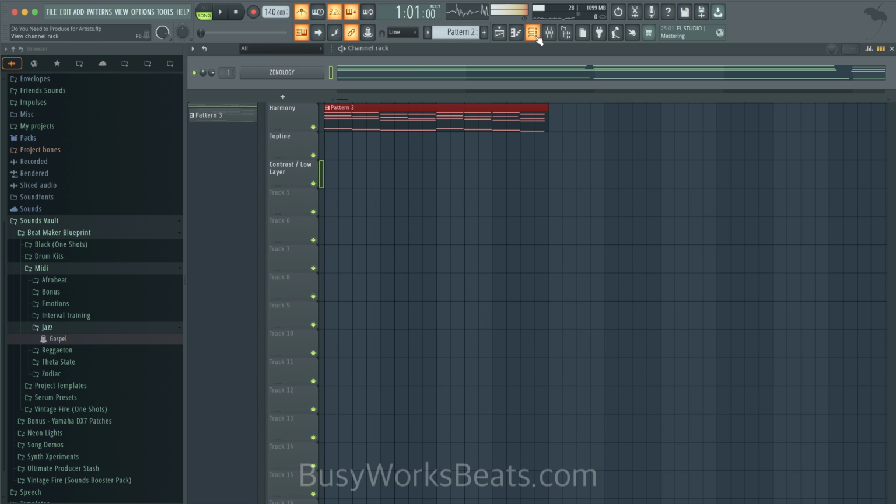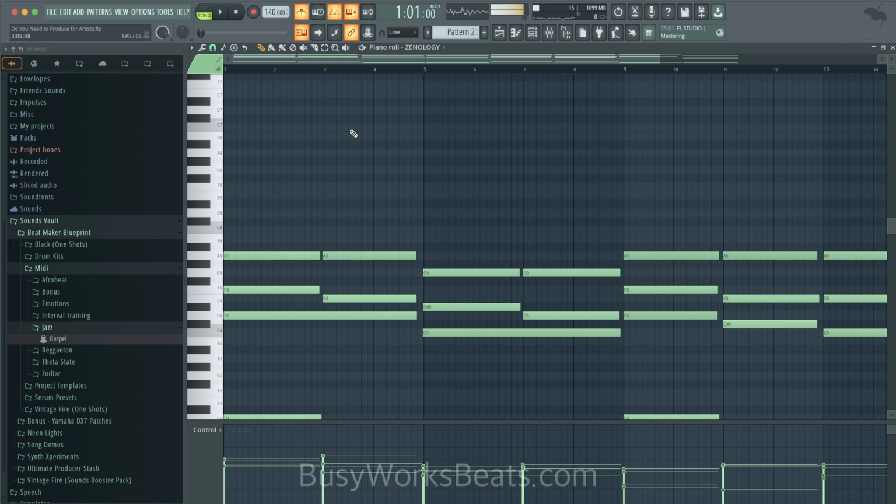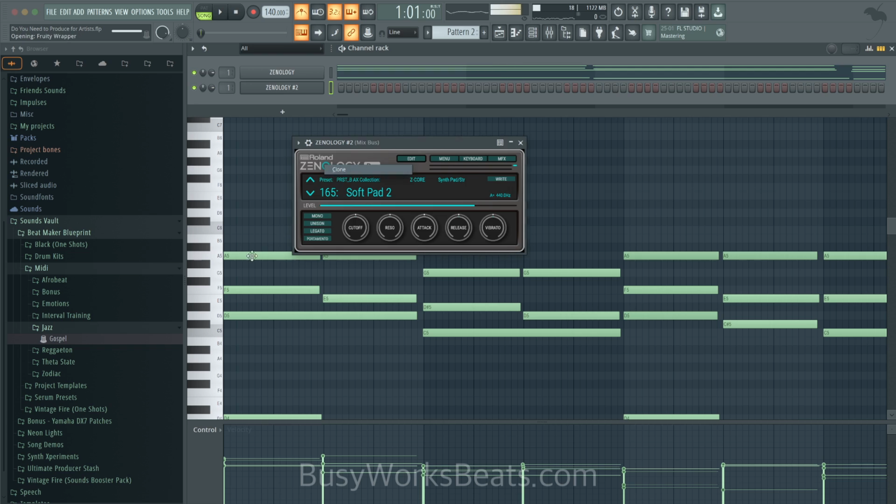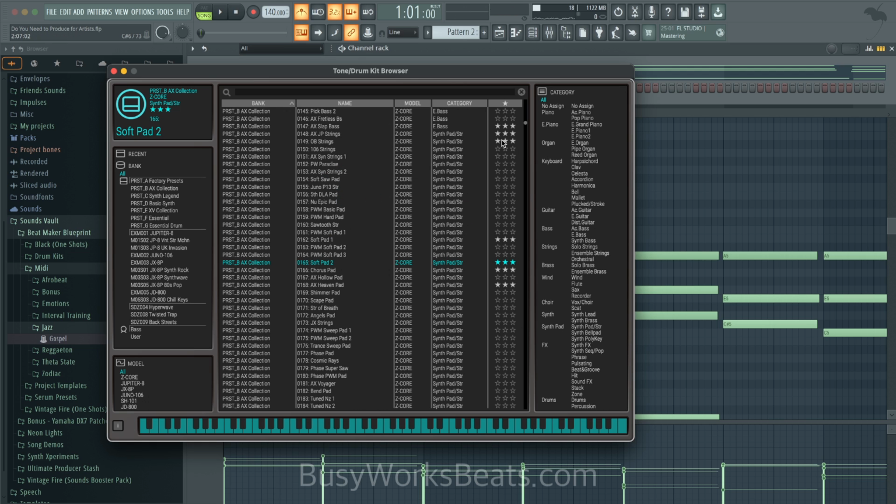All right, so now we need the top line. So how do we create a top line? A top line is usually 1 octave or higher above your top note in your chords. So now we're going to open up another instrument, and we're just going to play 1 octave higher. If you don't know where to start, you could just take the top note of your chords and play that an octave higher.